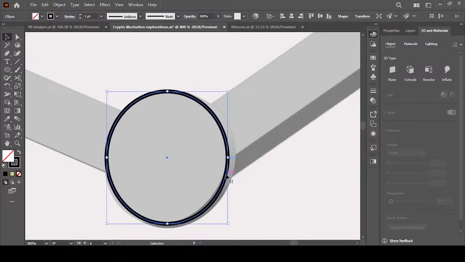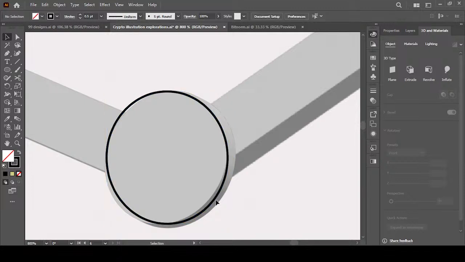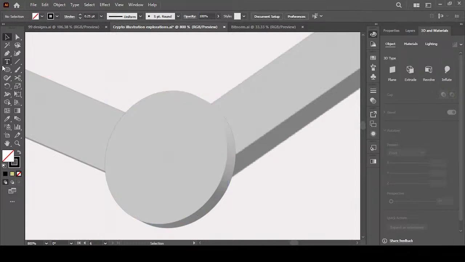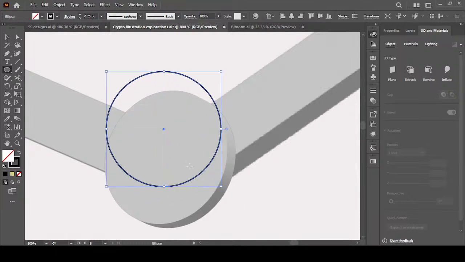So for this one, I would like to see it very well, so I can reduce the stroke size just a bit, so I can see this stuff, so I can see it's already not correct. It's very important for you to see your work pretty well, right? I might even want to reduce it again. It's not correct, so I can do away with it and create a perfect circle before because it was perfect,